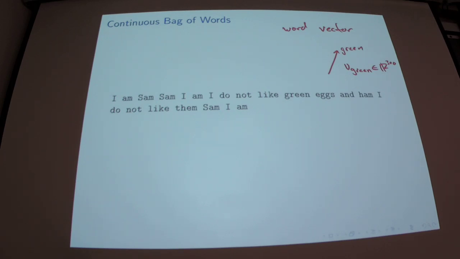Green and blue are probably going to be near each other in this space because they're both colors. Okay, and there's other things like if you look at three vectors, v king, v queen, v man, and v